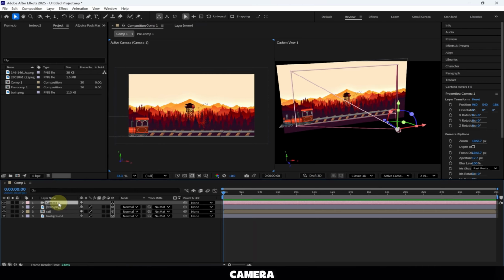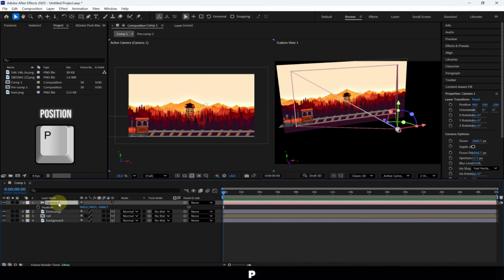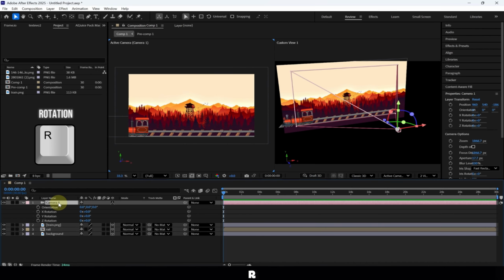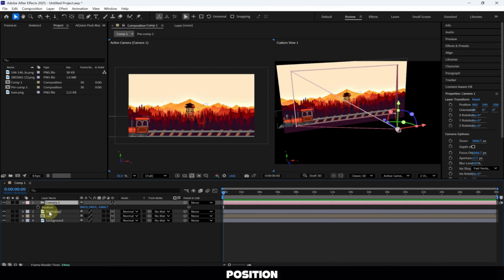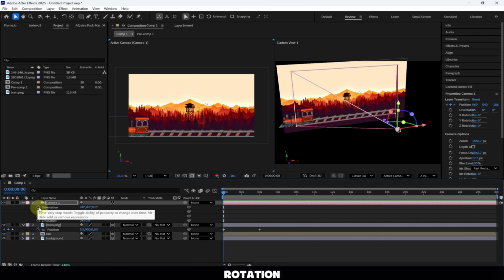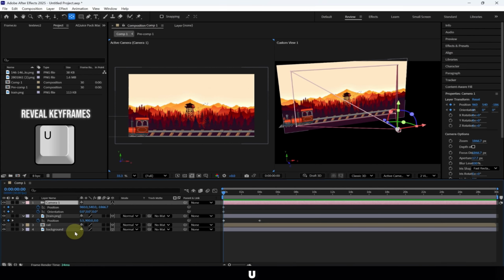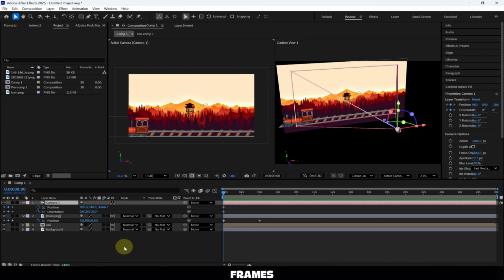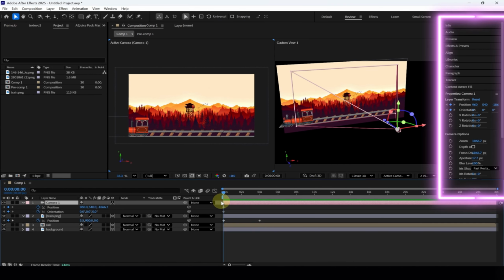Now on the camera selected, we press P for the position and R for rotation. We put on the position our first keyframe, and on the rotation we put the second keyframe. Now press U to show all the keyframes. Now with the selection tool selected,